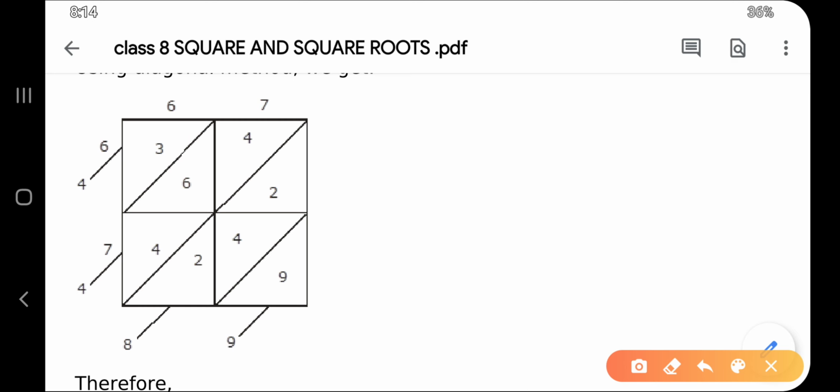67 square you have to find. So 6 and 7 is written here, and 6 and 7 is written here. And remember, you have to write the product of numbers in this way. See, the product of 6 and 6 would be written in this, and the product of 7 and 6 in these two. Remember these and this, the product of which I'm making a square and showing you.